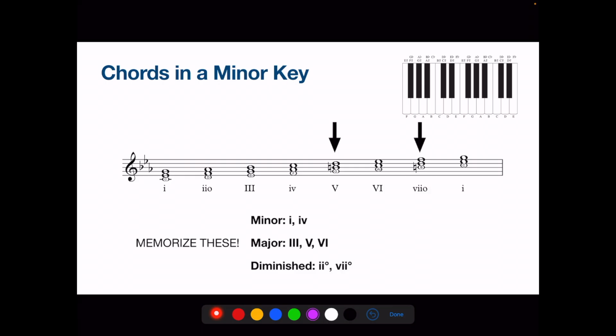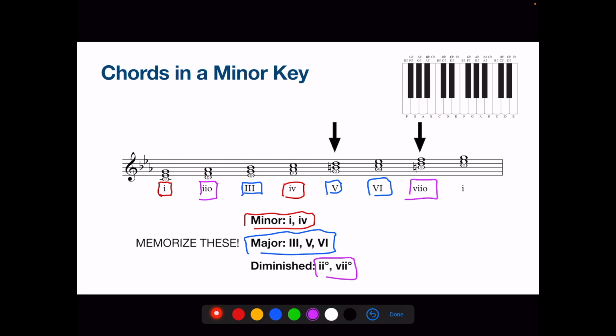So if we look at this, we can find out that the 1 chord and the 4th chord, these are minor, right? These are minor. And then we have the 3 chord, 5, and 6. These are major. And then the diminished, the weird ones, is going to be 2 and 7. Okay, so this sounds like